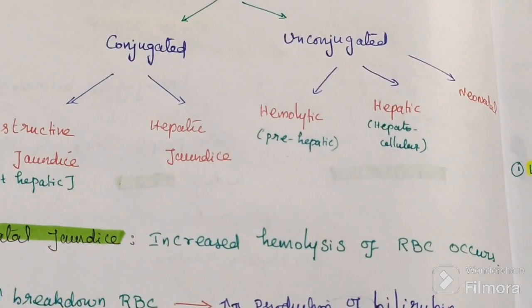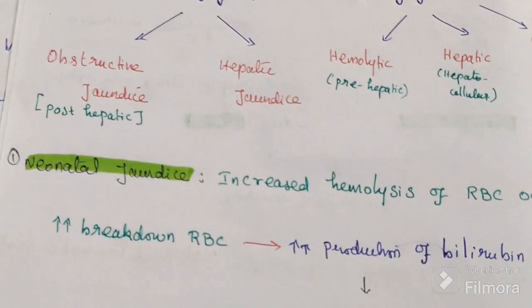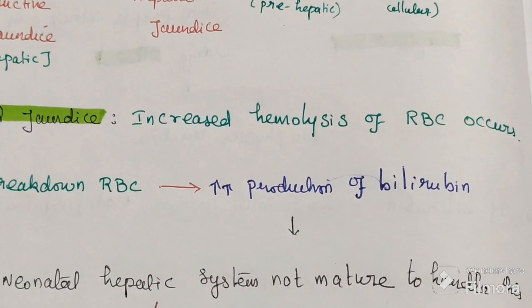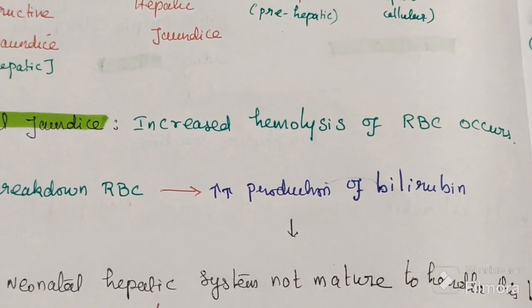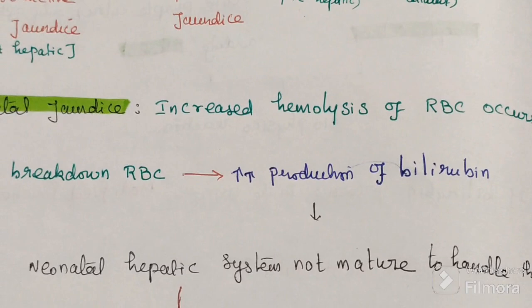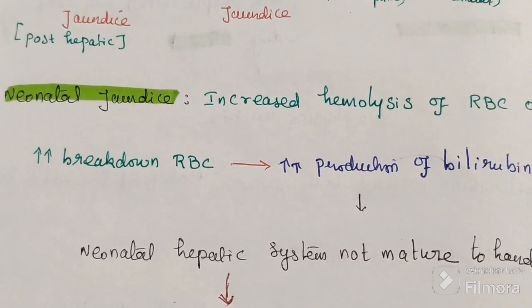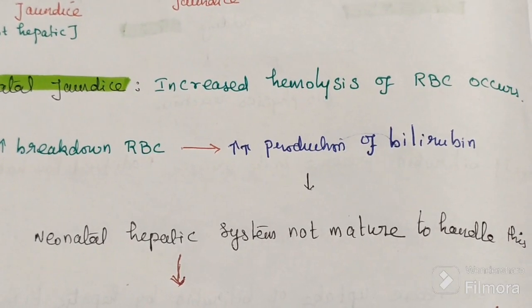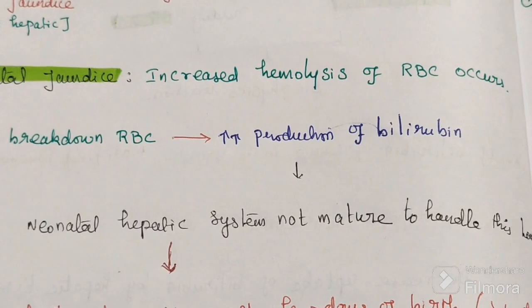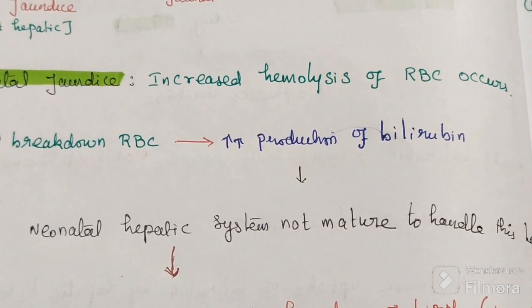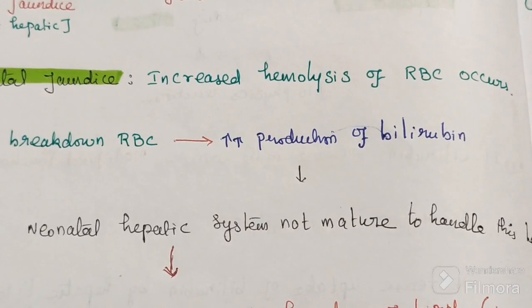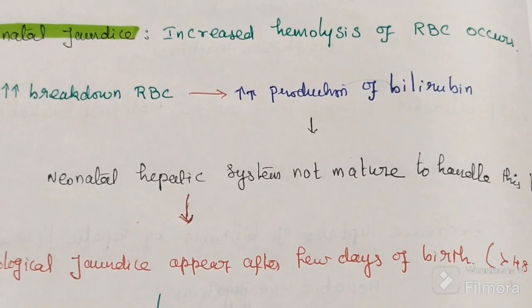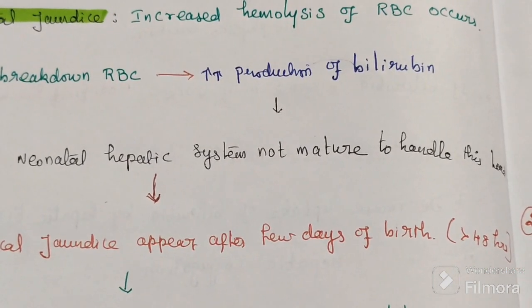Now let us discuss neonatal jaundice. What is neonatal jaundice? There is increased hemolysis of RBC, so there is increased breakdown of RBC. That leads to increased production of bilirubin, and the hepatic enzyme system of the neonate is not mature enough to handle this load. There is no proper